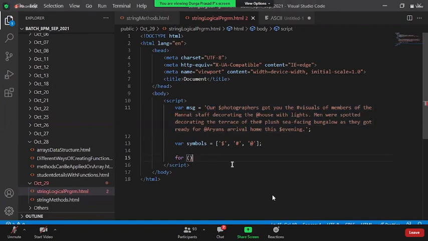Okay, that's a solution, but I want an optimized one. I will write a solution for that.